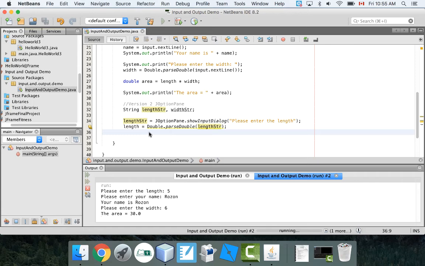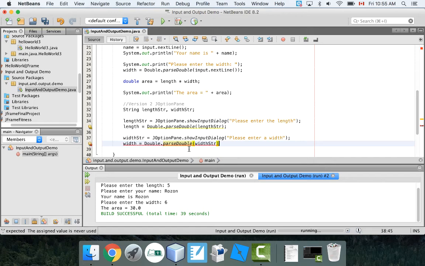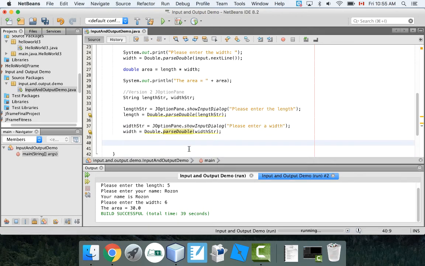So let's go ahead and continue the program, and let's get the other ones as well. So the width: widthStr equals JOptionPane.showInputDialog, "Please enter a width." And then the width, I'm going to convert it using Double.parseDouble of widthStr. And then finally, I'm going to get my area again, and I'm going to reuse this area variable here. I'm not going to redeclare it, so I'm just going to go area equals length times width,